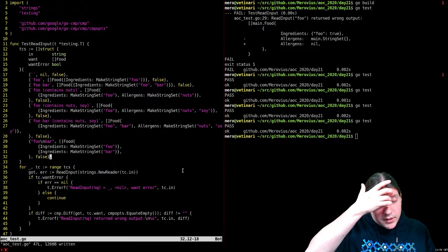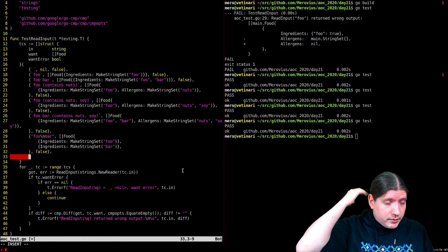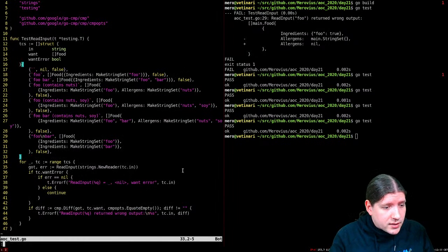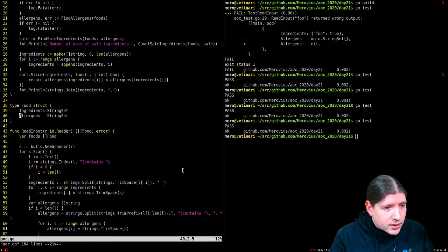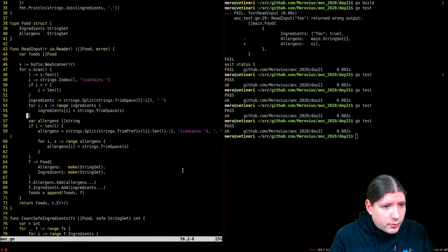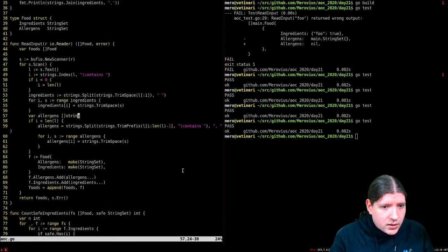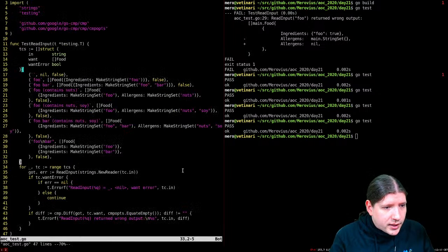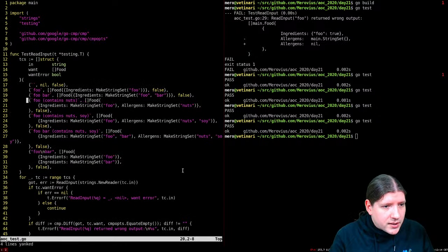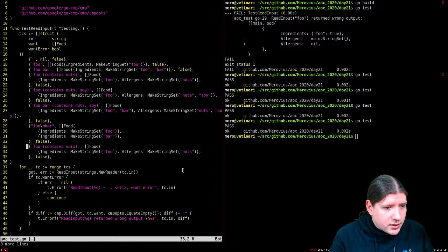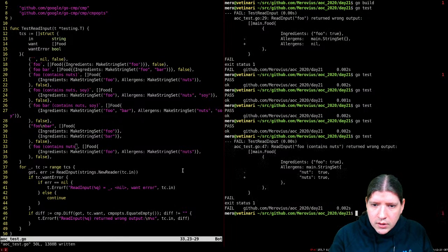So, what are things that we might want to check? Well, actually, let's look at the code and see if there's something where we are currently lazy that we want to improve. For example, one thing where our parser is currently a bit broken is if we do this and leave out this. It returns